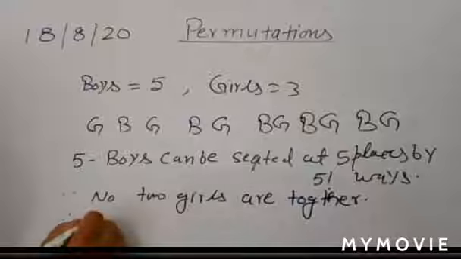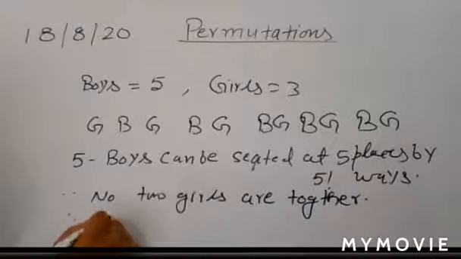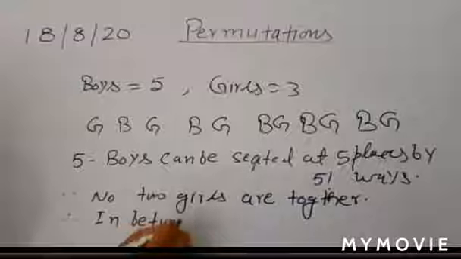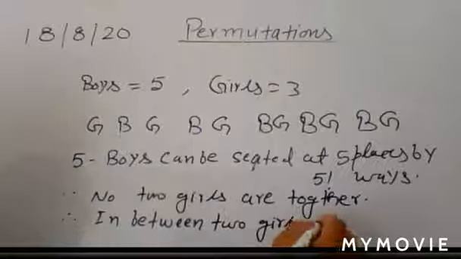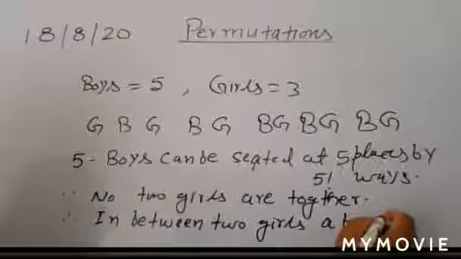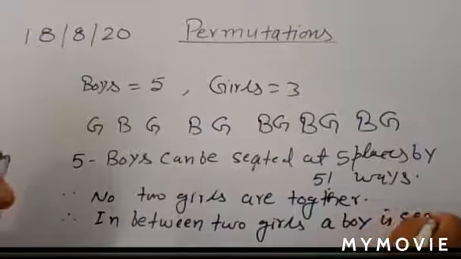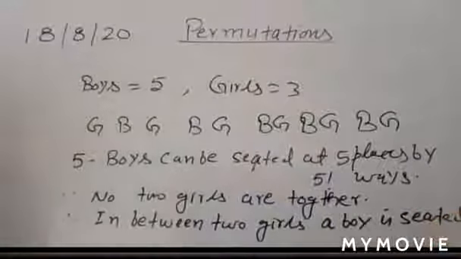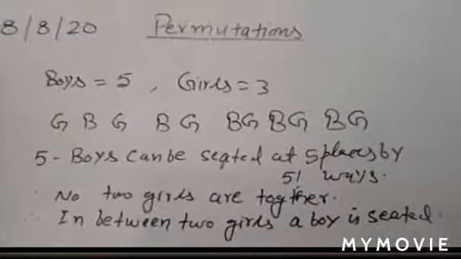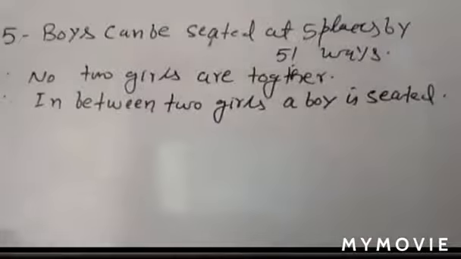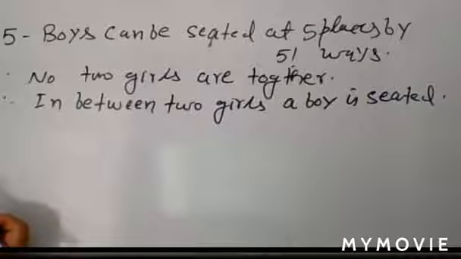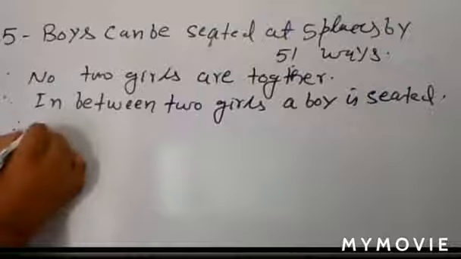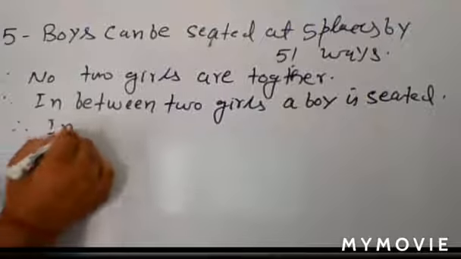Hence, in between 2 girls, a boy is seated. Okay? Under this situation, you can say that the 2 girls are not together. So here you have how many possible places under this condition? 6 places are there. So you can write, hence, in 6 places,